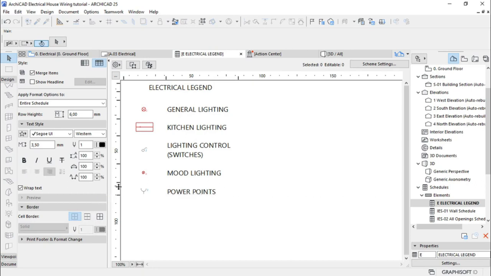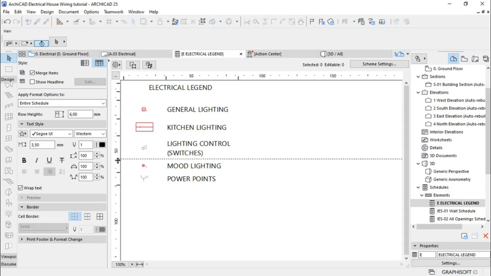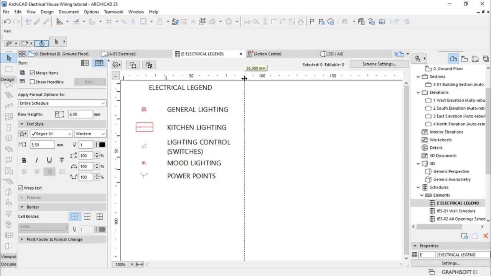Then I can modify the cell height for that. Just like that. And then this I can bold. Let's select it and then come to the text